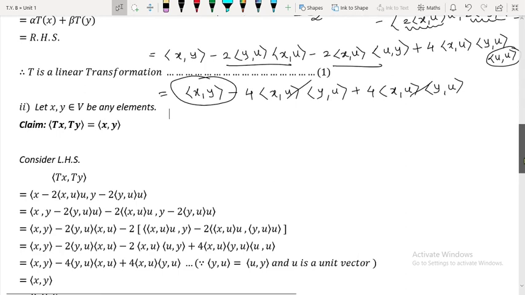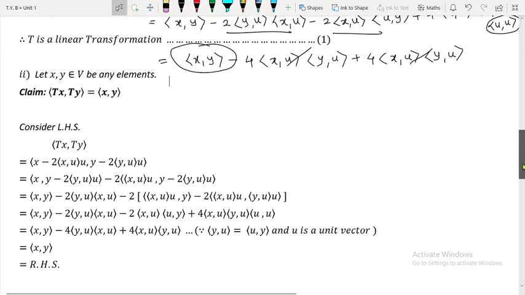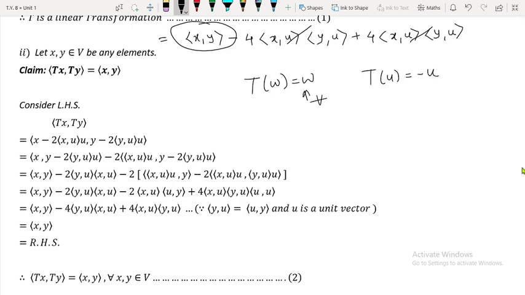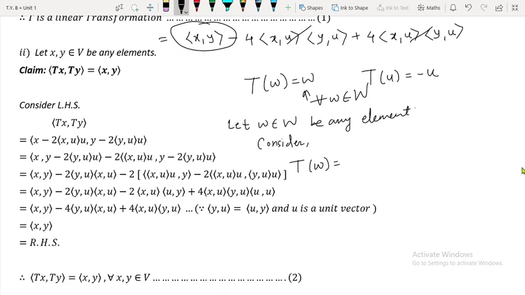So now we are supposed to show two things. First one is T of w is equal to w, and the second thing is T of u is equal to minus u, and this we are supposed to prove for all w belonging to W, right? So I will say let w belonging to W be any element, and I am going to consider this T of w. So what will be my T of w? My T of w will be w minus twice inner product of w with u, outside it is u,